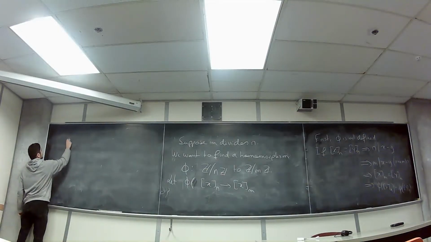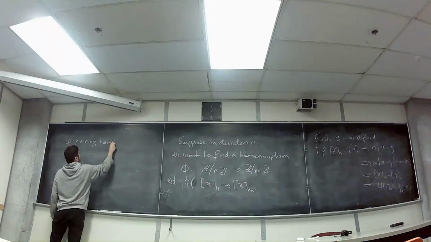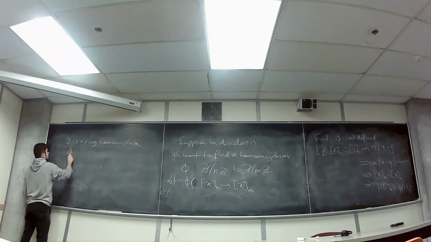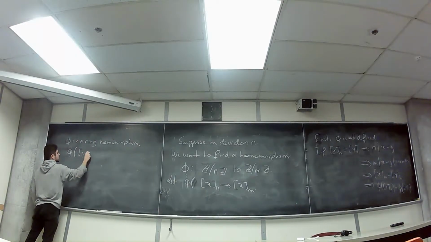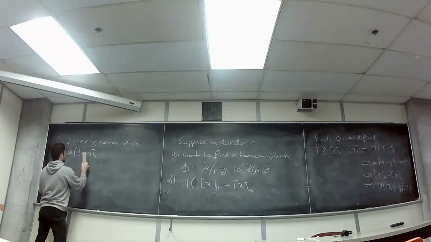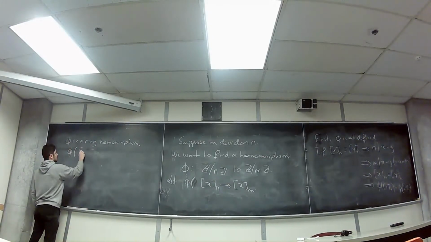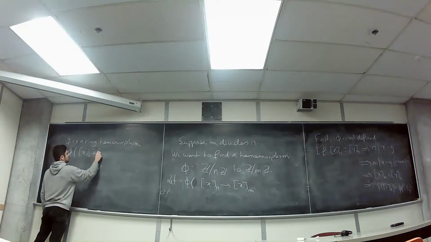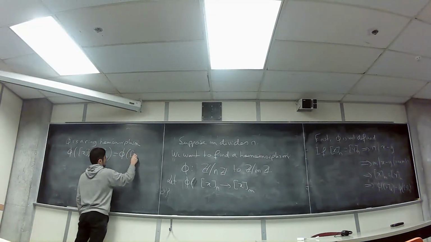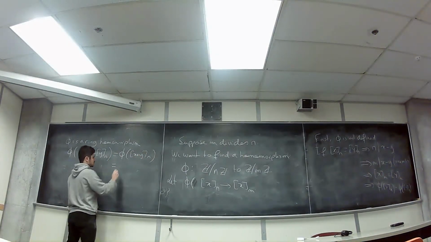Phi is a ring homomorphism. What is phi of x plus y? Or less obviously now, it's just phi of x plus y, and then which is just